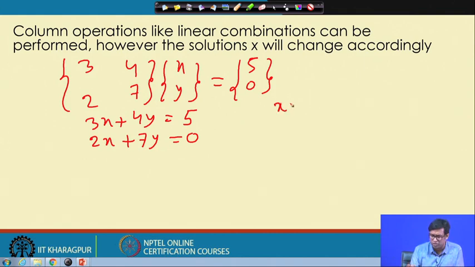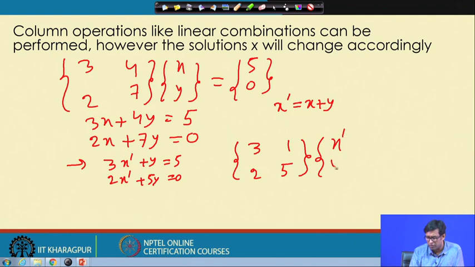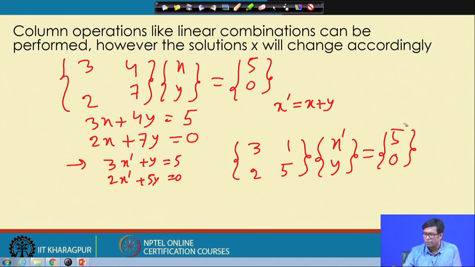We can assume a new solution vector element x prime, which is x plus y, and we can write these equations as 3x prime plus y is equal to 5 and 2x prime plus 5y is equal to 0, which will give me the equation [3 1; 2 5] into [x prime; y] is equal to [5; 0]. Note B is not changed,